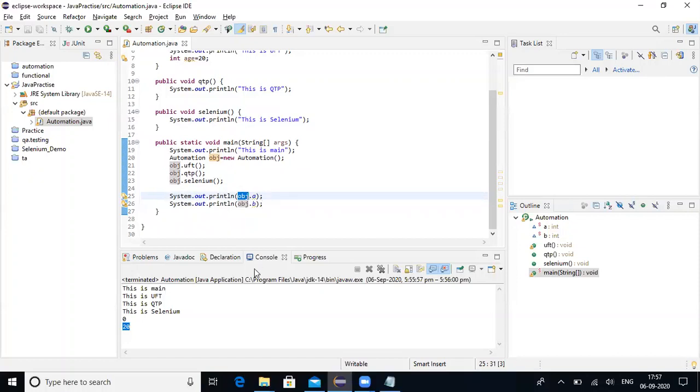If it is a static variable, then you have to use the class name to call the variable: Automation.a.